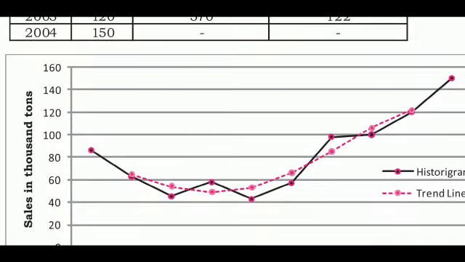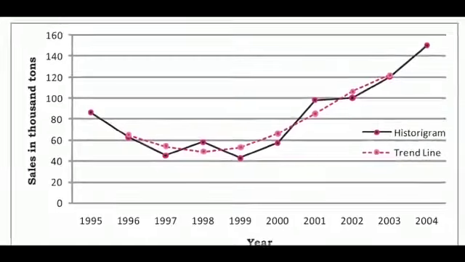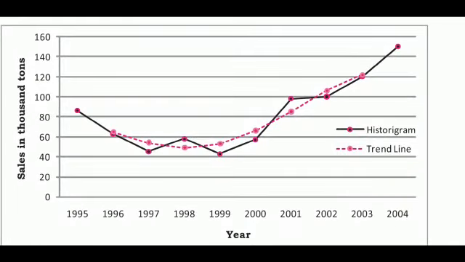And if they ask you to draw a graph or a histogram, then the same process: you mark all the years on the x-axis, then the sales on the y-axis, and mark the graph. Take the trend values, the last column, and mark them again here, and join those values in the form of dotted lines; that is called the trend values. The normal one is the dark one which you mark and then join, that is the histogram. And the values of the last column you join and draw the dotted line, that is known as the trend line.